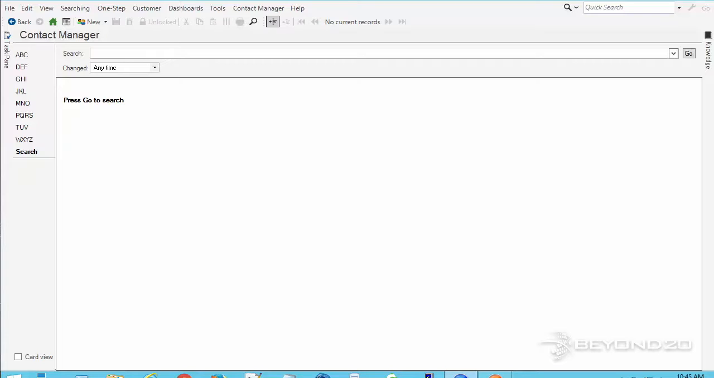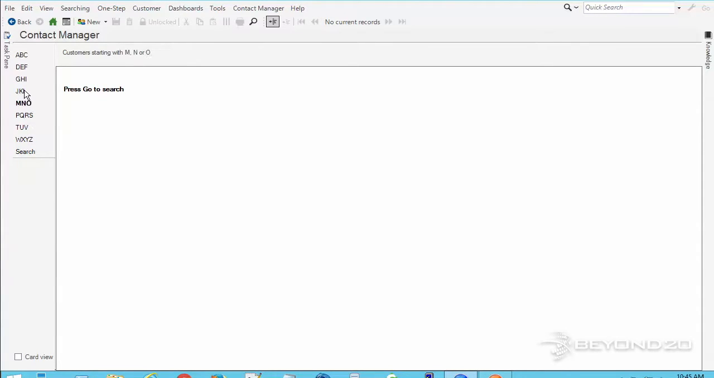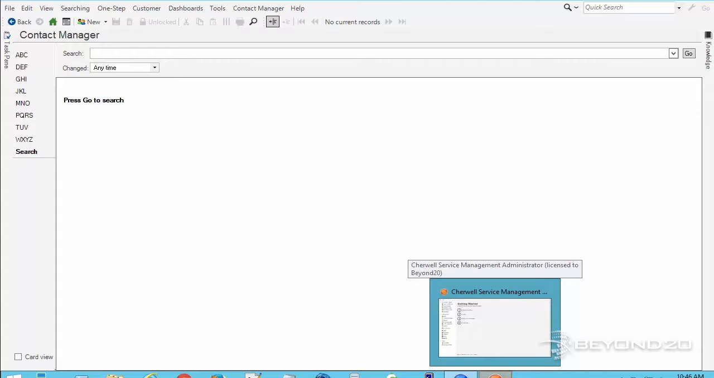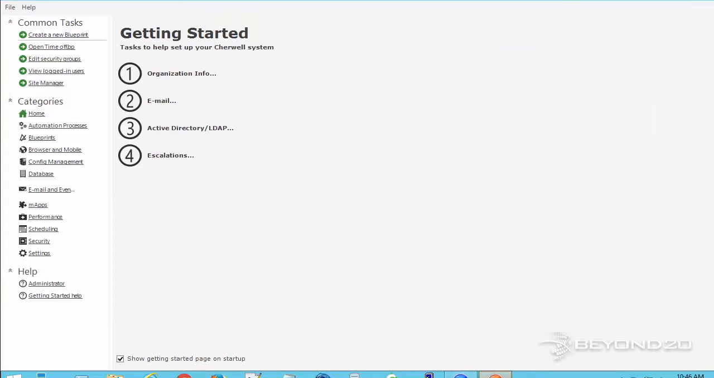As you can see, I'm currently in the blue client, and I've removed all the default users from Cherwell's out-of-the-box demo database. So there's no more users here in the demo database because we're going to import them from Active Directory. And how we're going to do this is we're going to left click on the admin tool, and here